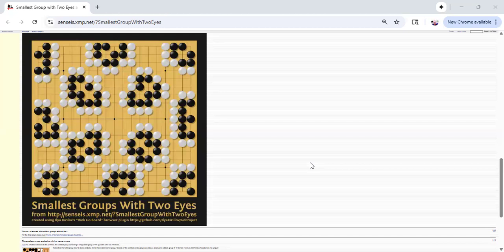All right, for this particular video, I just want us to look at this arrangement of the 12 smallest living shapes. And of course, if you play Go, you know that the smallest living shapes have to have two separate eyes. And you can see here, sure enough, each one of these has two and only two eyes because they're the smallest. Now, I did want to notice some things about this, but ultimately what I'm going to do is suggest that this image,